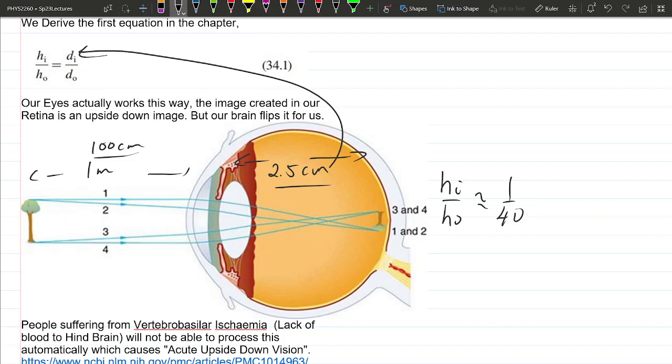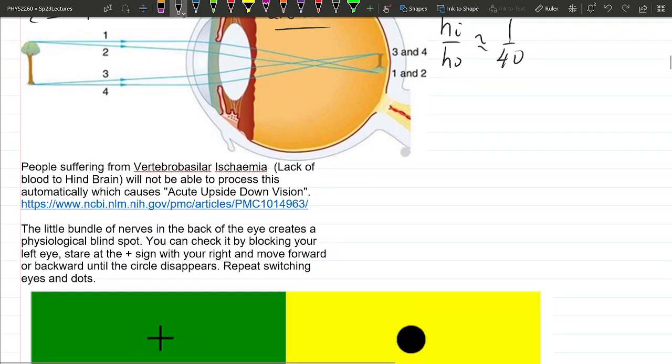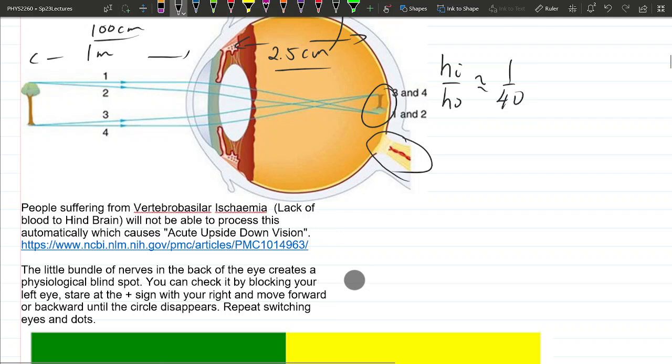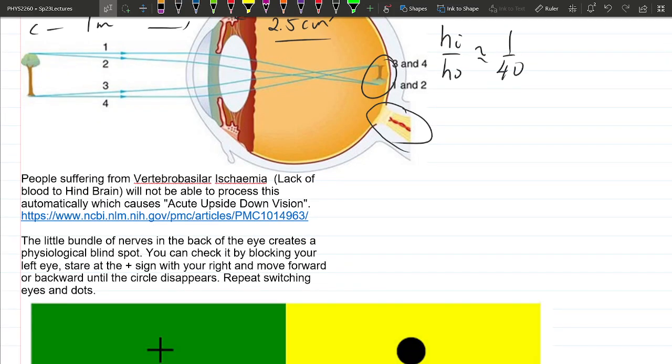There's a neat thing, so we don't have that much time, but let's do this exercise today, okay? You might be wondering, the image forms here, and does anyone know what this is? The optical bundle is actually called the... Actually, that's the disease. I forgot about that. Okay, this is actually a bunch of optical nerves that creates what's known as the physiological blind spot, and